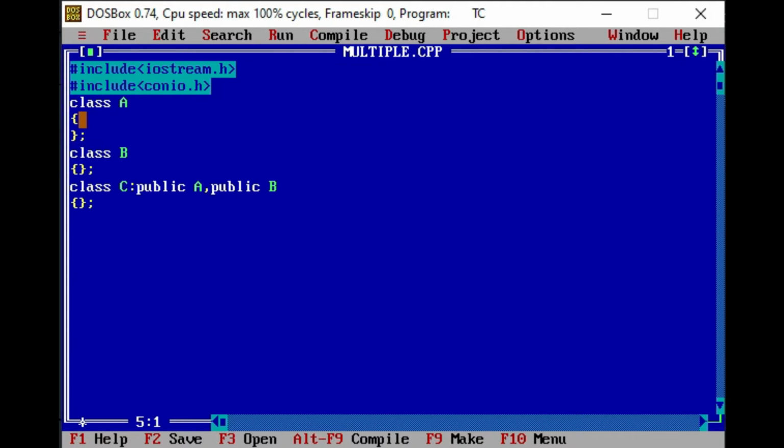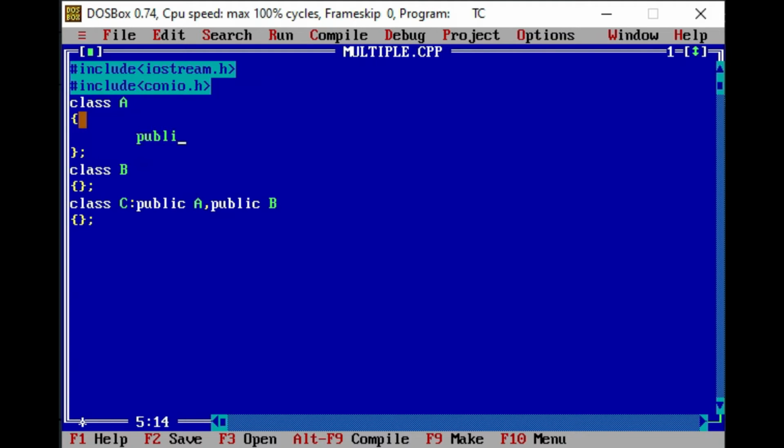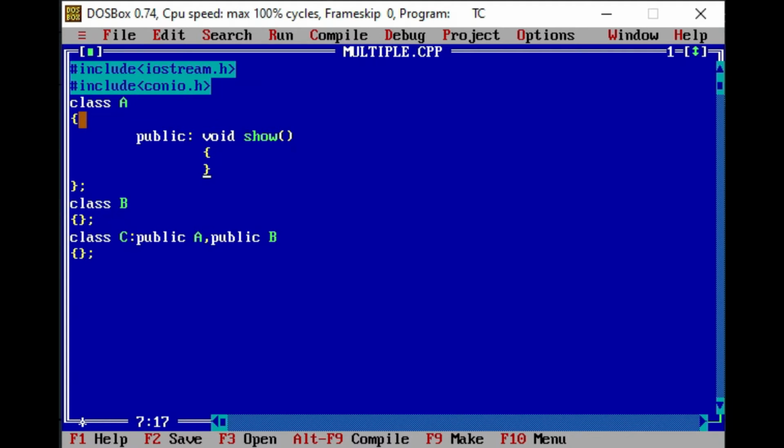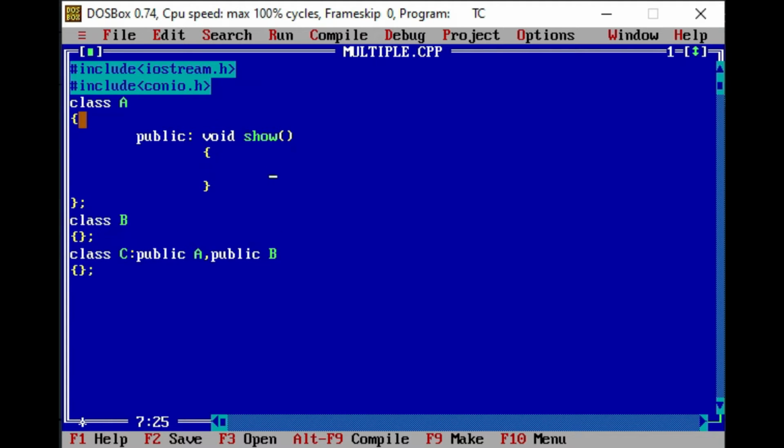Now we will create one simple function in class A in public mode. Here I am taking function void show, in which we will display using the cout statement, suppose class A. Okay, then endl to end the current line.